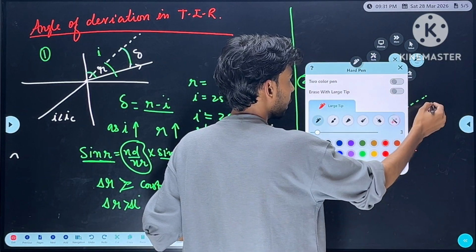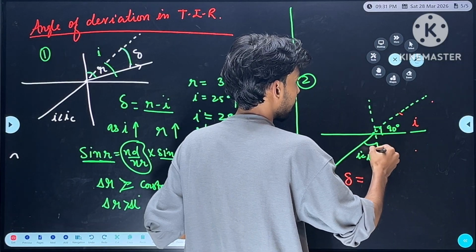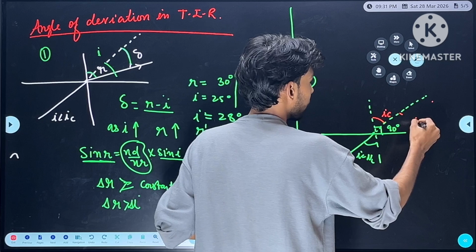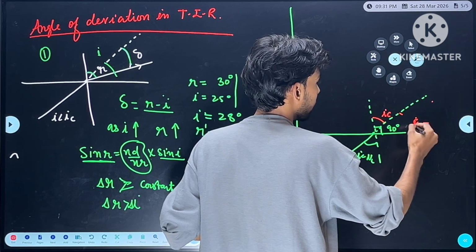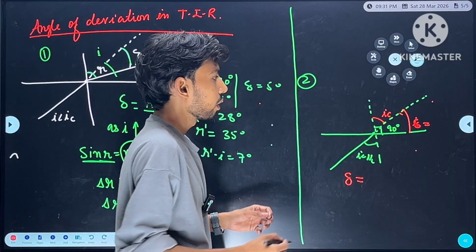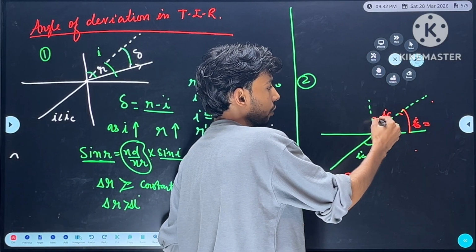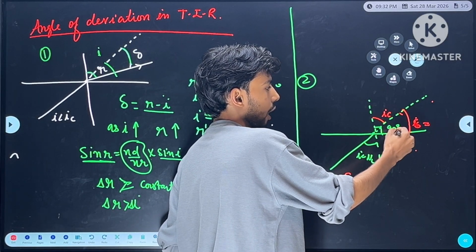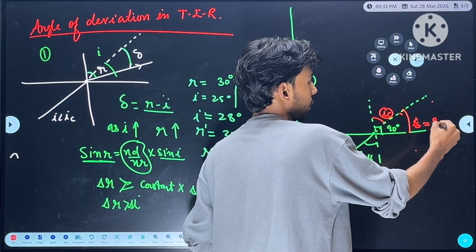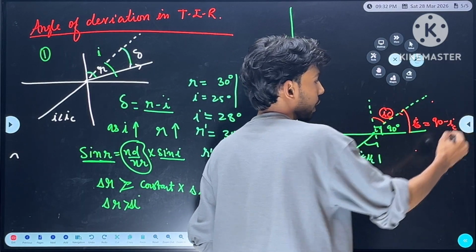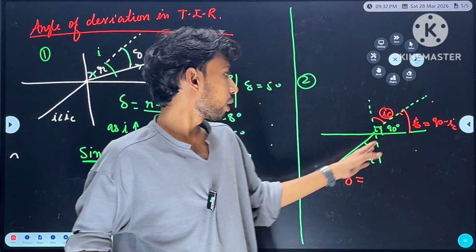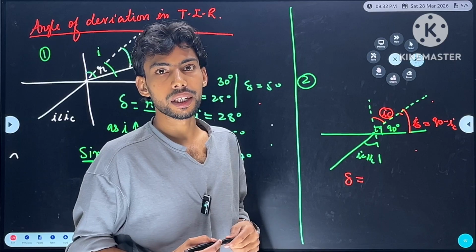So this angle, if you see, is IC, that means this angle is also IC. So if you calculate this delta value, this smaller angle is the only delta. To calculate this angle, what you will do is measure this total angle, and from that total angle you will subtract this small angle. This total angle is 90 degrees. So I can write it as 90 minus IC. So that is the value of delta for angle of incidence equal to the critical angle.